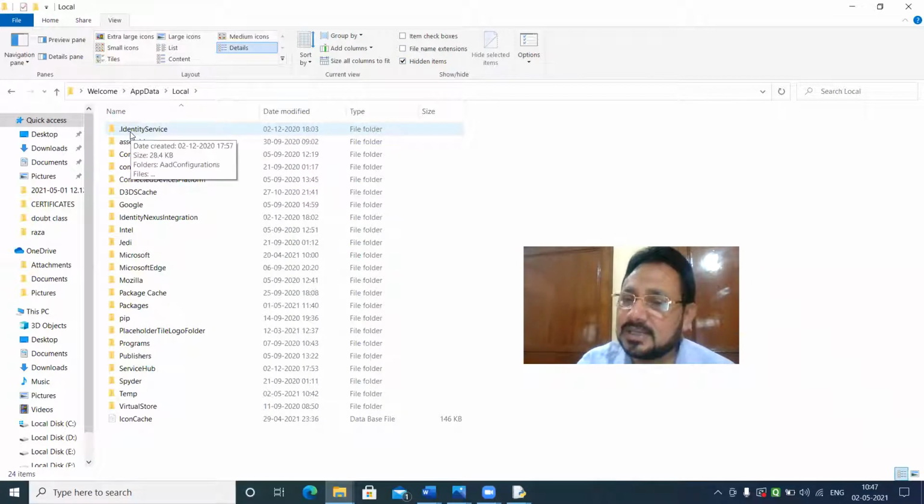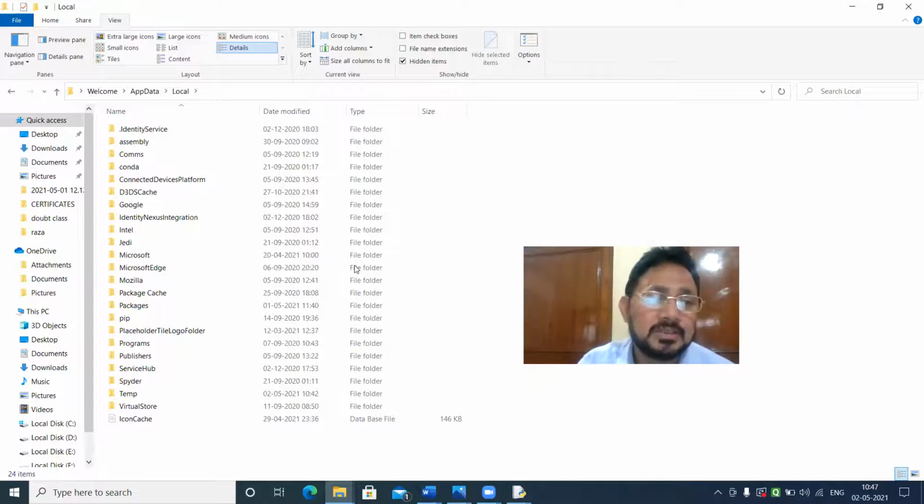This is the complete step I am teaching you. In case the steps are also coming in your examination, you should know where you have to go. Start with the welcome, or whatever the name of the base first folder is. Then go to the app data, then to the local. After local, you have to go to programs.